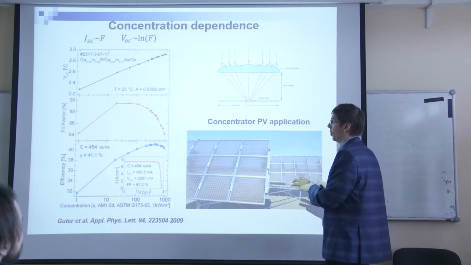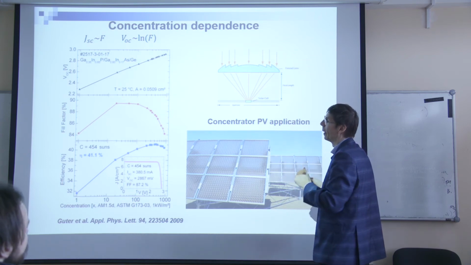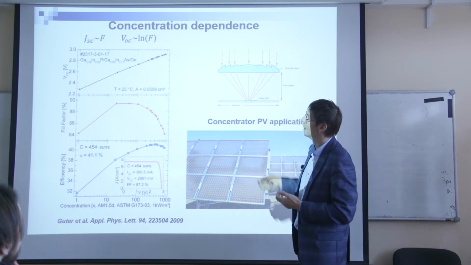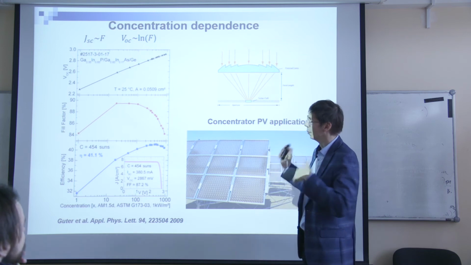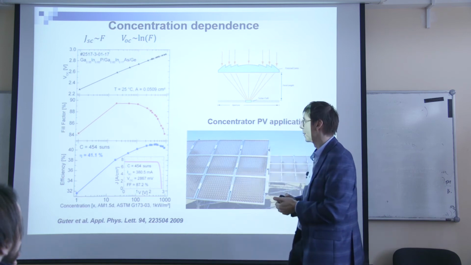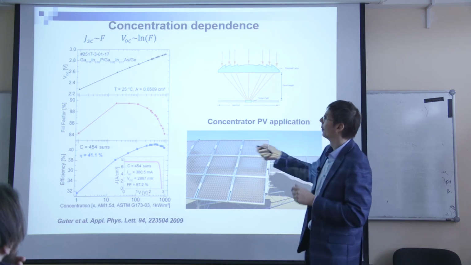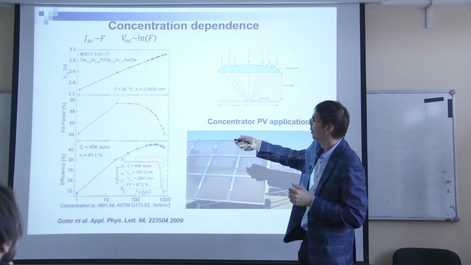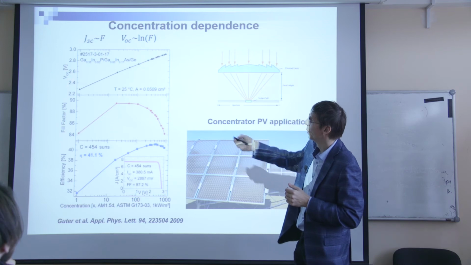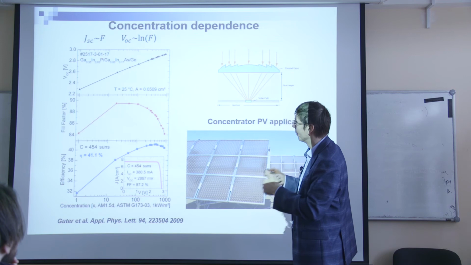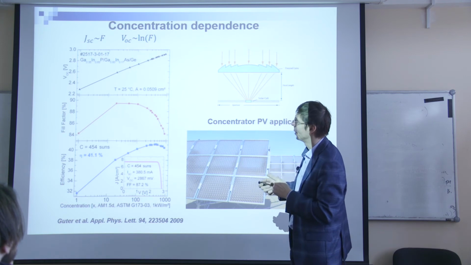They already know this value, but they want to understand what happens when you change the intensity, and then you can plot this concentration dependence, which normally has such a dependence. You should stress that